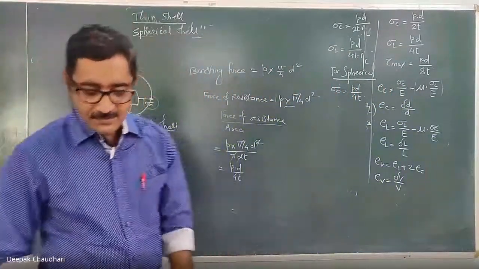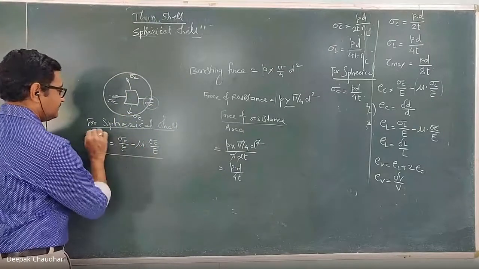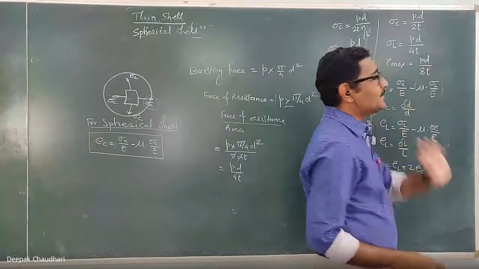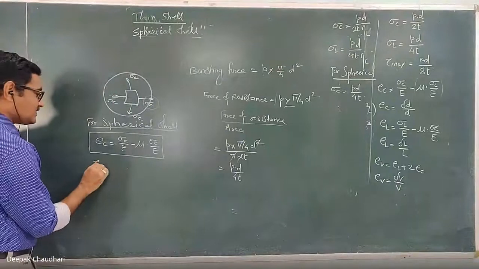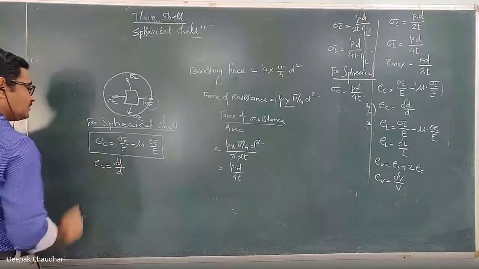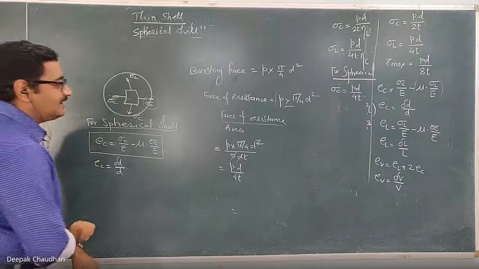Okay, here if you simplify this, you will get this. Clear? But I suggest you remember this only. Same formula, this formula and this formula same, only instead of sigma L, here it is sigma C. And this circumferential strain is responsible to change the circumference or the diameter, which can be written as delta D upon D. Okay, here.